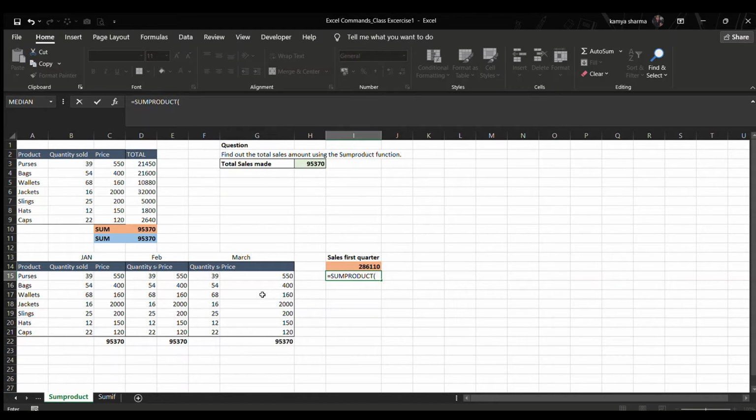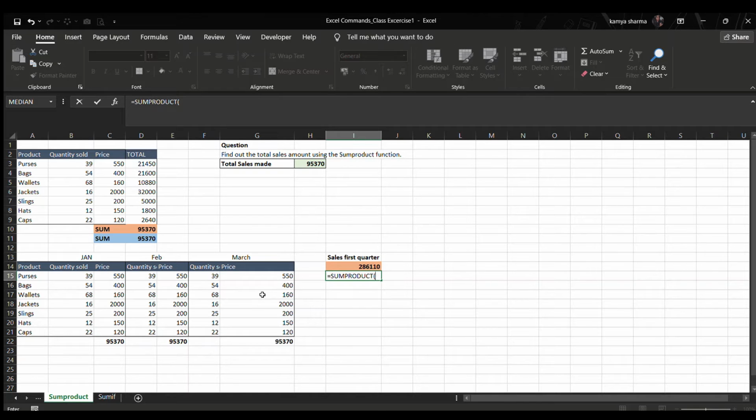This will give you wrong information and the wrong total, because what SUMPRODUCT does is multiply column B with column C with column D, E, F and G, and so on and so forth. So this will give you the total of multiplication from column B to column G, which is not the right conclusion.